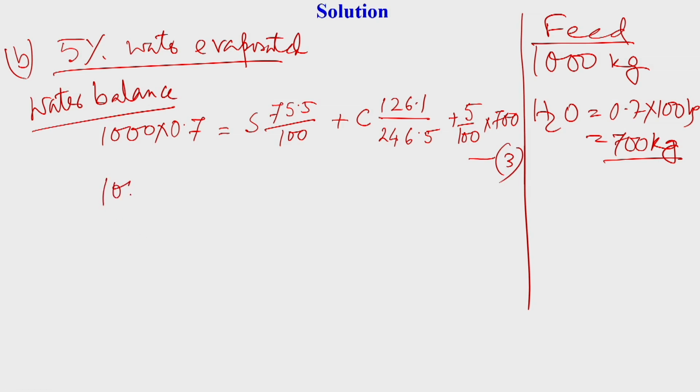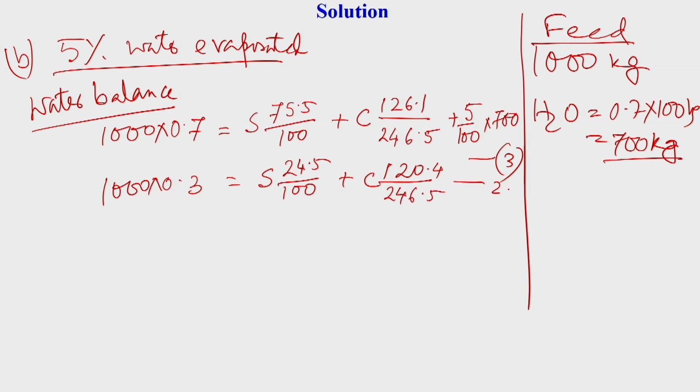And we have equation 2: 1000 into 0.3 is equal to S into 24.5 by 100 plus C into 120.4 divided by 246.5. So, that is equation 2. From these two equations, if we manipulate them, we will be getting that C is equal to 261.6 kg